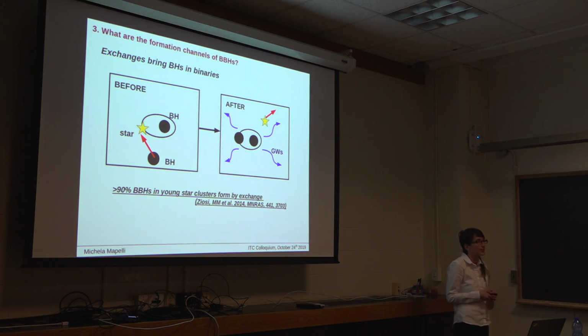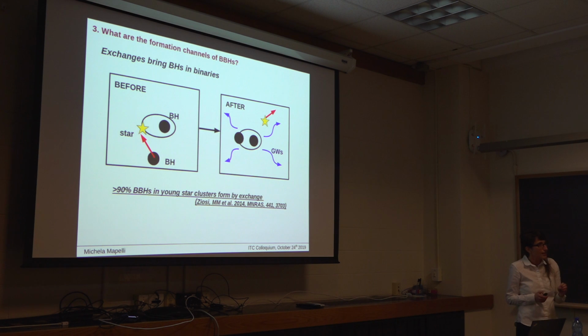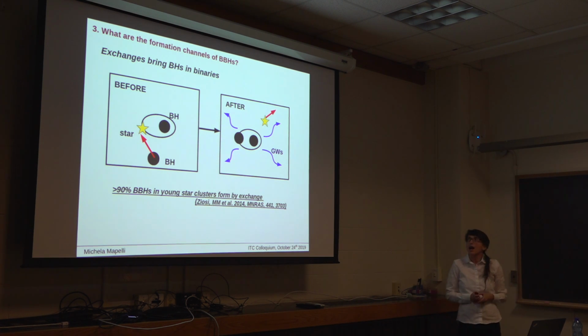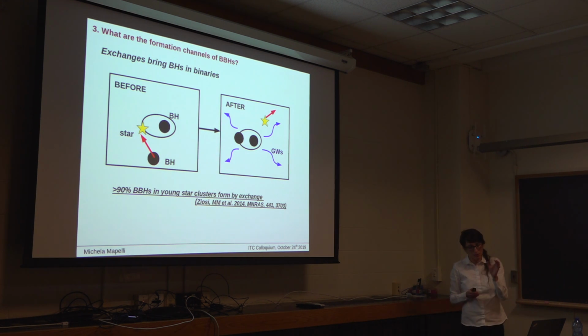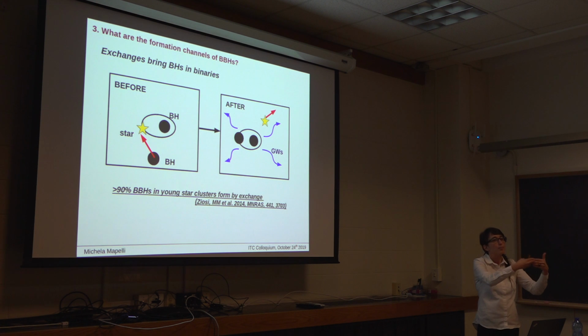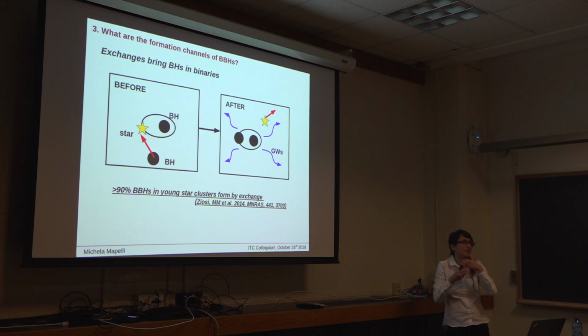And what are the processes that can affect the formation and the evolution of binary black holes in a star cluster? Well, there are just many processes. I will just mention one, because I don't have time to discuss more, which is dynamical exchange. So let's consider a binary composed of a black hole and a light star. This binary is not going to become a binary black hole, because the star is, let's say, a solar